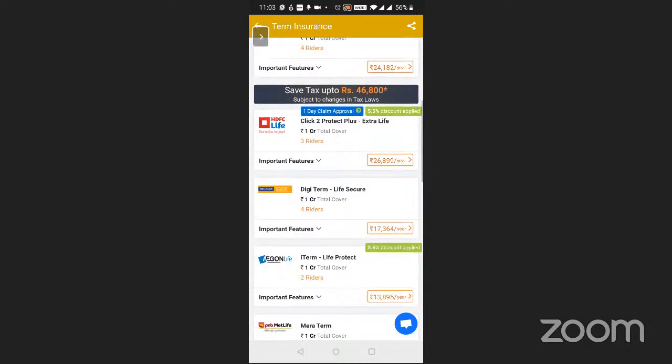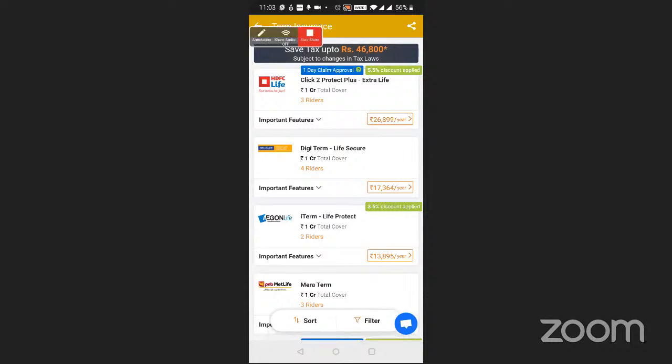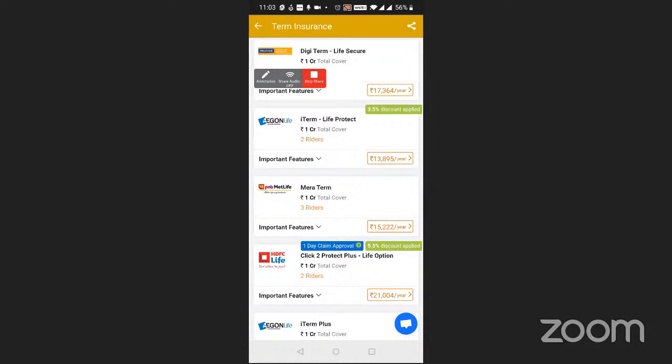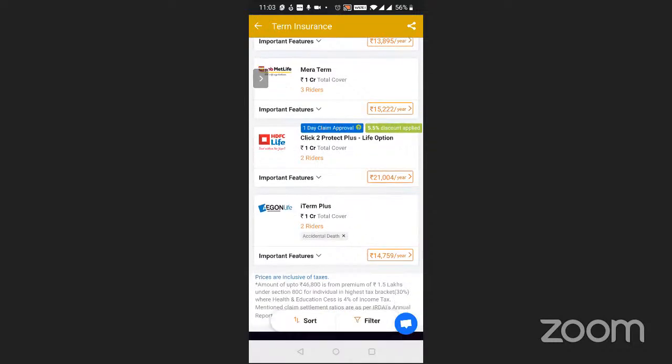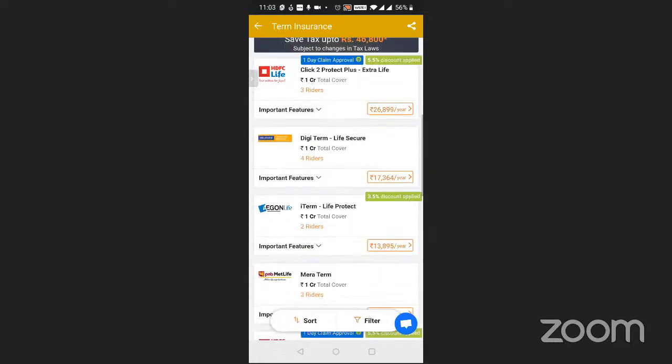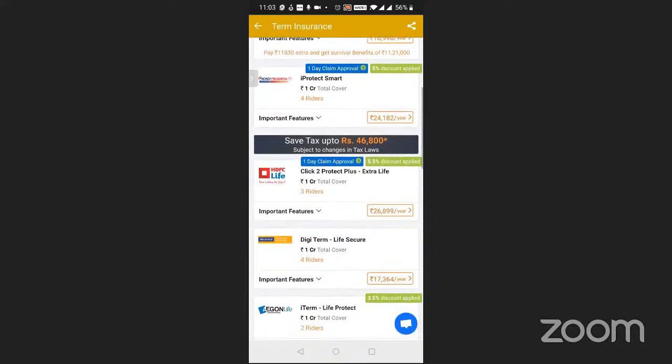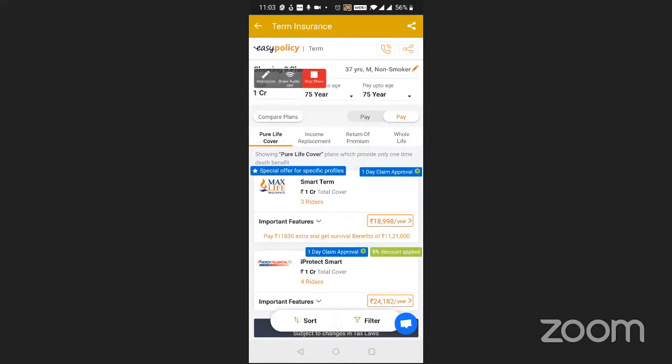HDFC again costly. Reliance, very cheap, but don't go with Reliance. Very bad company. Please don't suggest Reliance at all. Aegon is good, 14,000. PNB MetLife is good, 15,000. And then HDFC 21,000. So if you want to go with very good brands, then you can choose Max Life